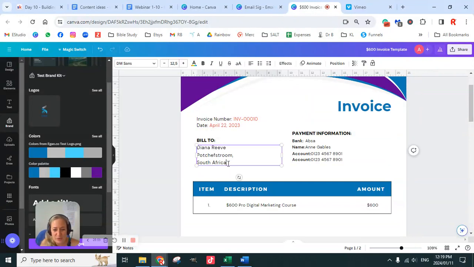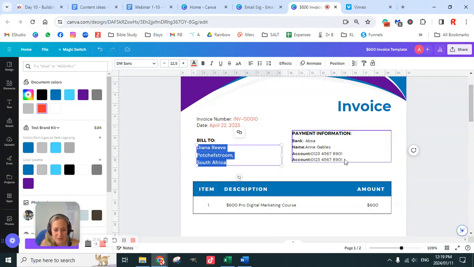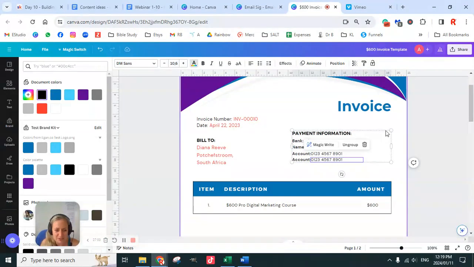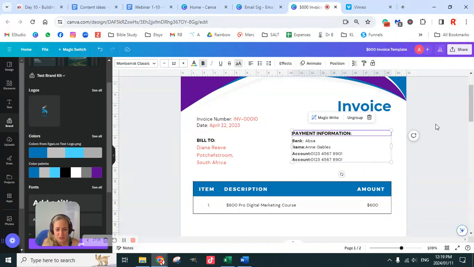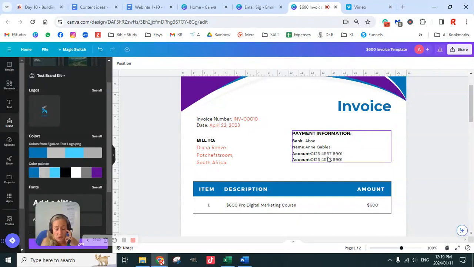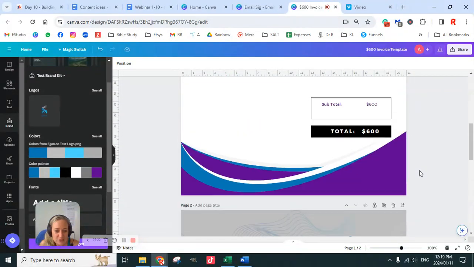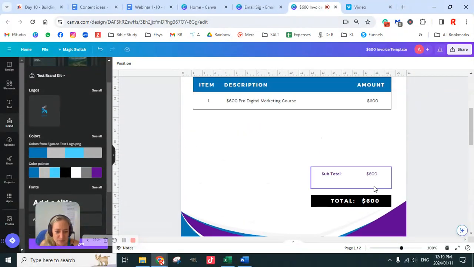change that, but I'm always going to have to change the name. So I would go and make that red. And my payment details are probably not going to change. So I would keep that the same, because it just depends on where in the world this particular client is buying from you. But you can figure that out and even make different templates for different payment informations. Okay. So basically, guys, that would literally be my